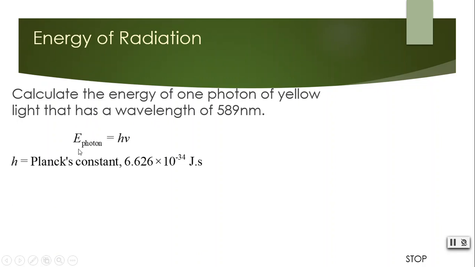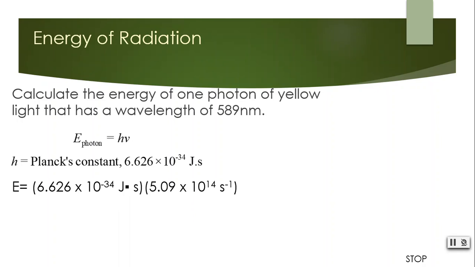Well, as we just said, the energy of a photon is equal to Planck's constant times frequency. I have wavelength, but I calculated the frequency of that wavelength in the previous video, which was 5.09 times 10 to the 14th hertz, or per second. And so taking that and multiplying by the appropriate Planck's constant, I get an answer in joules. So that is the amount of energy that is associated with one photon, one packet of energy of light at this particular wavelength. And you may think, okay, that's great. It's only